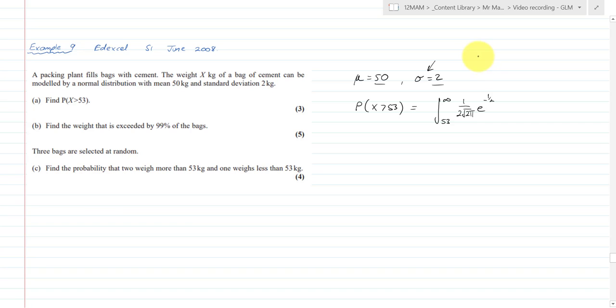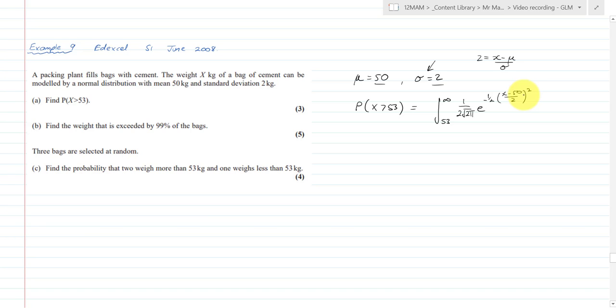But remember z is equal to x minus mu over sigma, so instead of z squared, we put in x minus 50 over 2 squared,